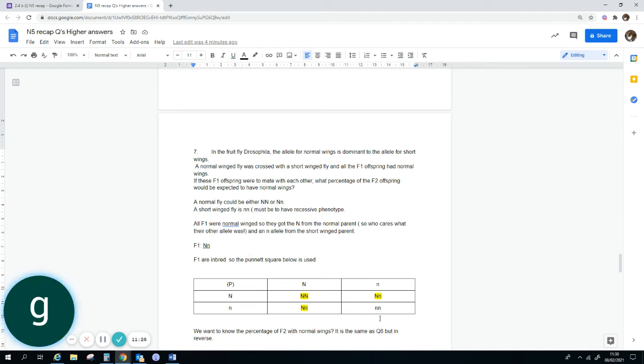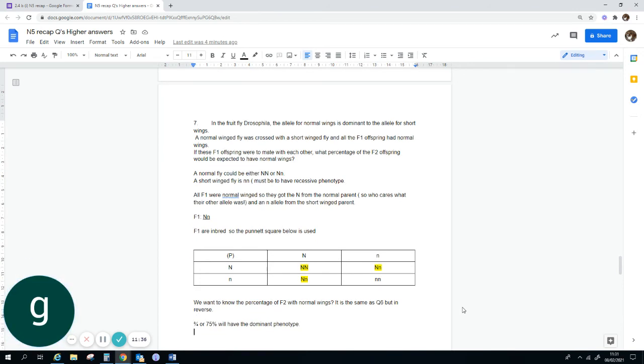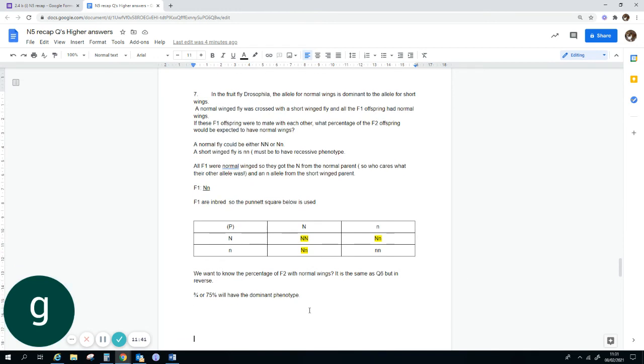We want to know the percentage of the F2 with normal wings. It's the same as question 6, but in reverse, basically. So 3/4 or 75% will have the dominant phenotype. So that was easy, wasn't it? So 3 of the 4 F2, so just probably put the word F2 there rather than P. There we go. 3 of the 4 F2 will have the normal, and 1 in 4 won't, so it'll be 3/4,